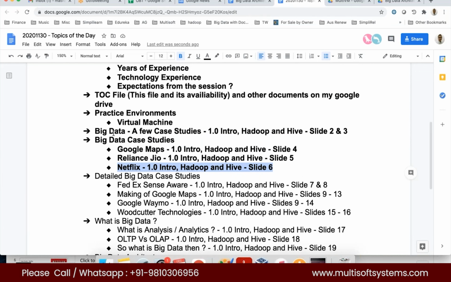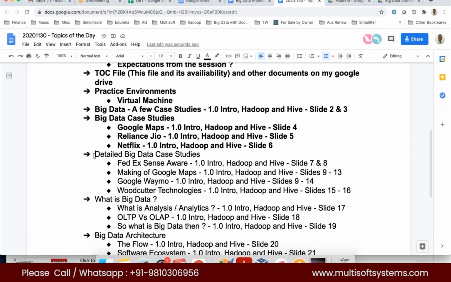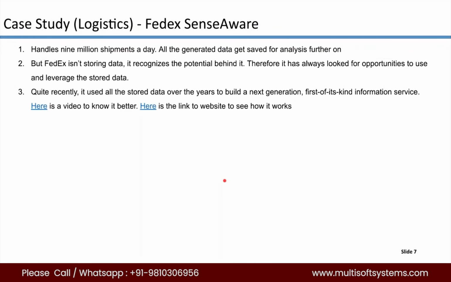These case studies I presented here were the easy ones. You can just read them in bullet points, and the examples I've given here have links in them. The examples I'm going to talk about right now are much more detailed and much more intense. It's been about an hour we've been in the session. Let me talk to you about something else, and I'm going to play some videos here.